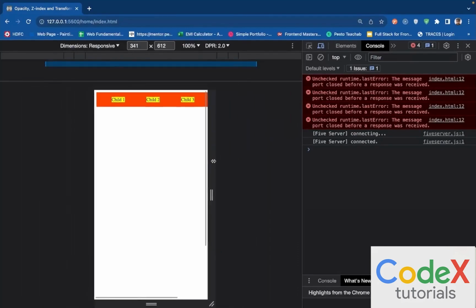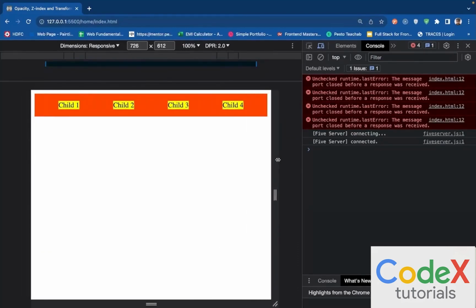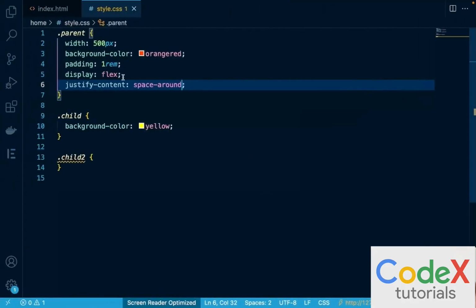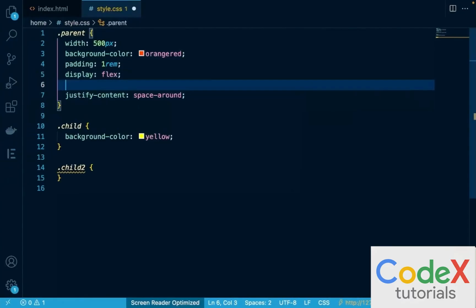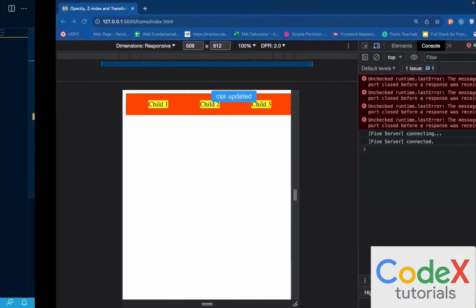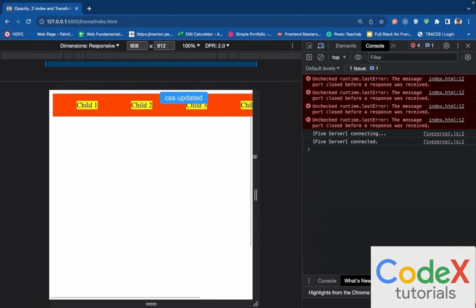till the very end, and it will keep on maintaining till the point it is no longer able to accommodate all of these four children with the given width and height of the container, and at that point of time overflow will start happening. To make sure that you don't run into overflow issues, you should always put a flex wrap and give it a value of wrap, so that the moment the space actually goes less,